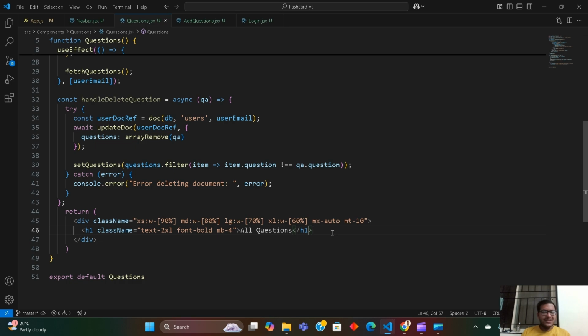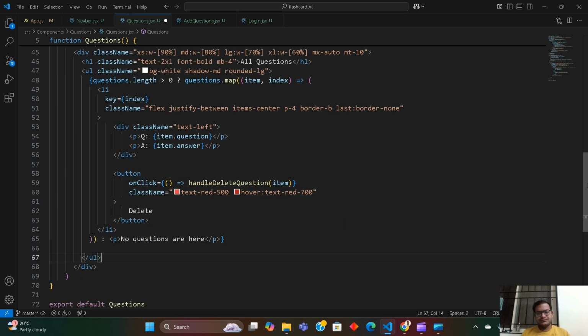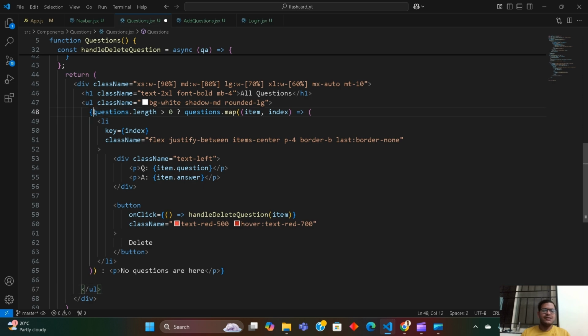Now let's add the list of all the questions. So what I'm doing, I'm checking whether the questions have a length greater than 0 or not. That means at least one question should be there. If not, then this message will appear. But if there are questions, then each question will be mapped and the index is there. See, this key attribute is necessary when you are rendering lists. Then this question and answer, and this is the button for deleting. So save it,